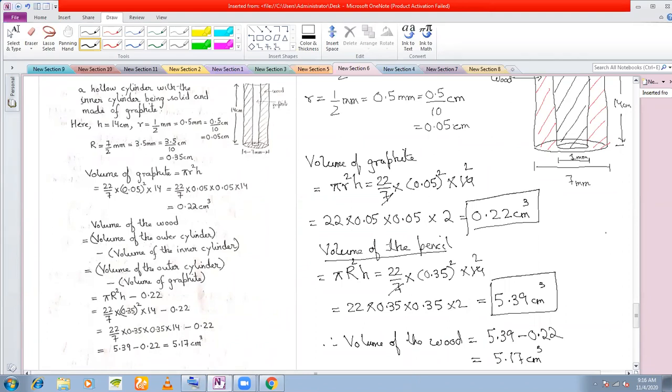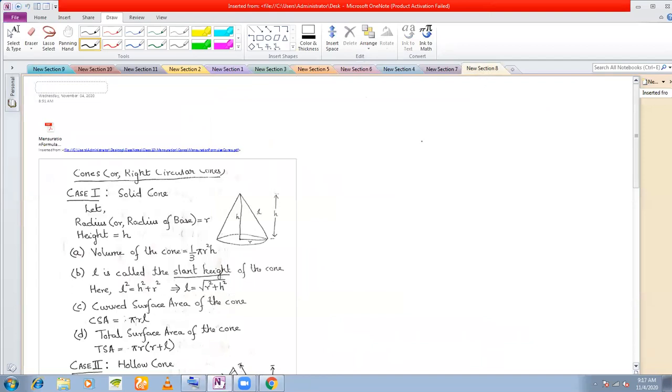Okay, so this finishes the part on cylinders, but cylinders are actually not finished, because we'll again be coming back to cylinders once we do the combination of solids and conversion of one solid to another. Certain other variations of problems you will also come across in cylinders when we do these. We start with cones now. Acquaint yourself with the formulas first.